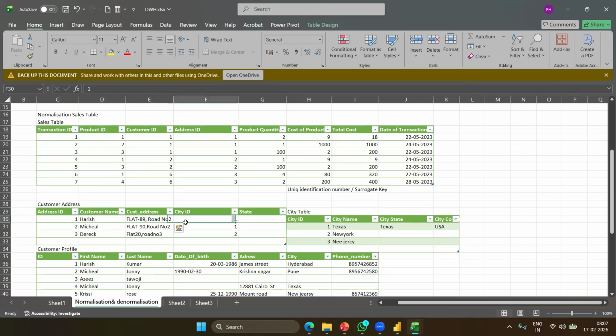And when it comes to the city and state, again this dimension table will take the unique ID from the city ID column and get the full details. So it's like child, parent, and grandparent.